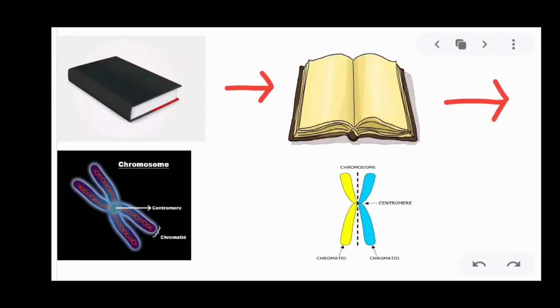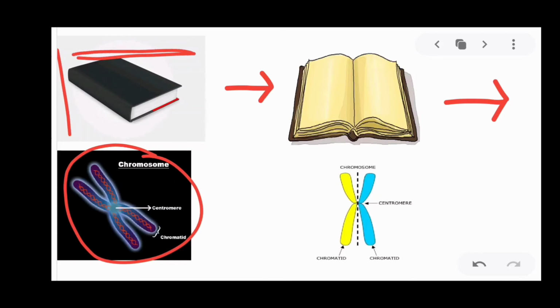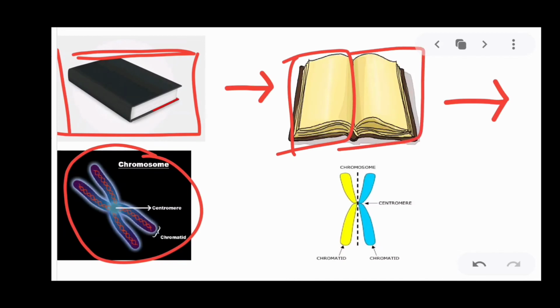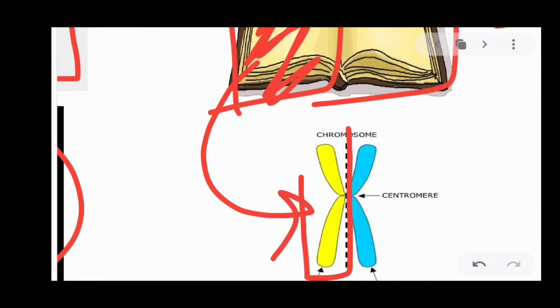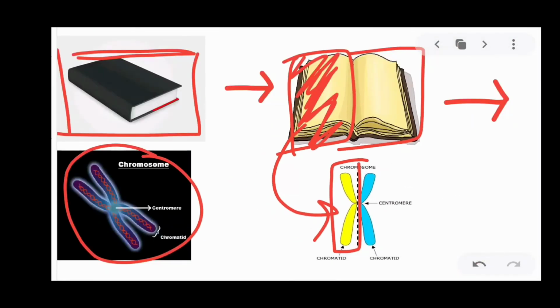So now we are going to see the hierarchy of genetics, like what the constituents are. So consider this book as the chromosome. When we divide this book into two equal halves, that is this one half and this one half, let us consider this half. This half will constitute the chromatid. So the chromatid is the half part of the chromosome, like the book that is being divided into half.